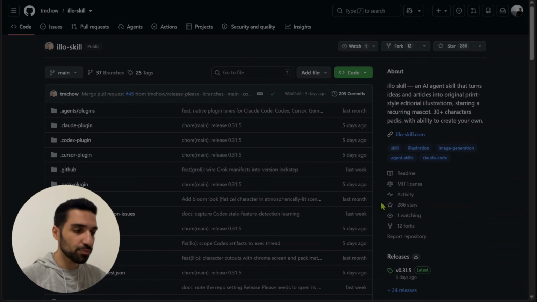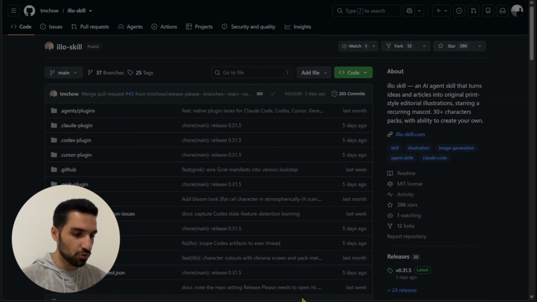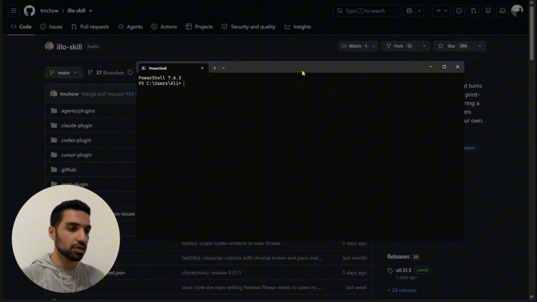So I'm going to give this repo to my Hermes agent, and I'm going to tell it to learn from this repo, so later it can turn that into a reusable skill and we can use it. All I have to do is get the URL, for example from here, the URL to this repo, and then I'm going to bring up my command center or terminal or PowerShell, whatever you use on your computer,